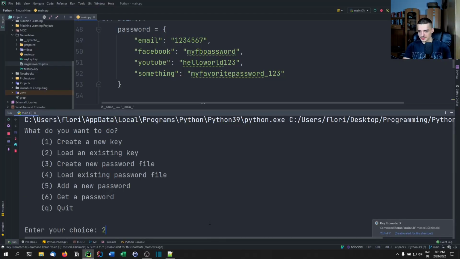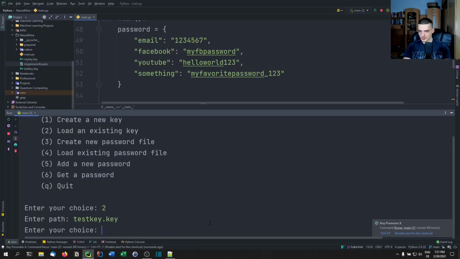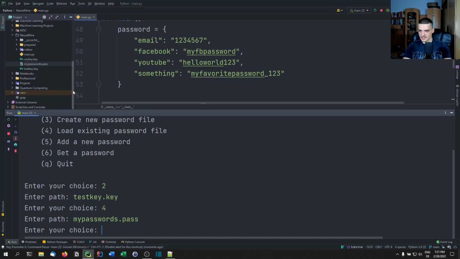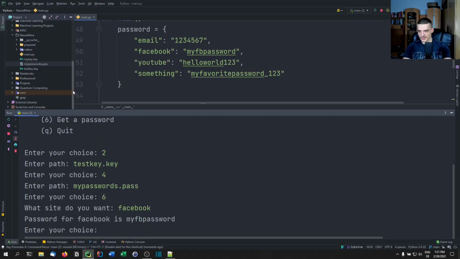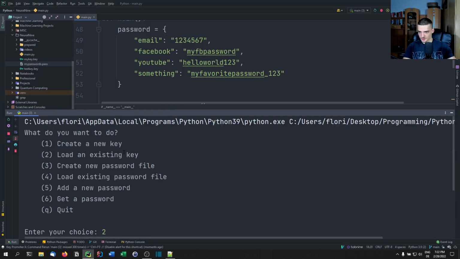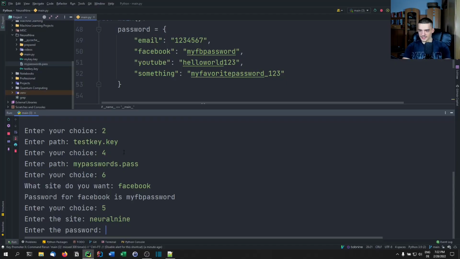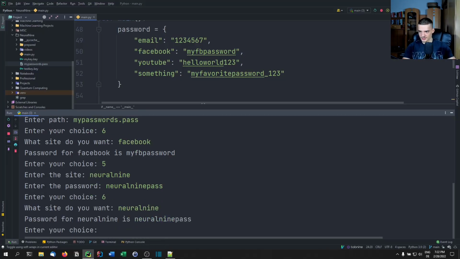And now we're going to rerun this again. And of course, we need to load the existing key. So we're going to say test key.key. And we're going to load the password file. And this was mypasswords.pass. And in this case, if I now type 6 and I say, okay, give me Facebook, this works as well. Now I can add a password. This was option 5, I think. And I'm going to say neural9 password, and this is going to be neural9 pass. And essentially, of course, I can get it now if I just type neural9. As you can see,